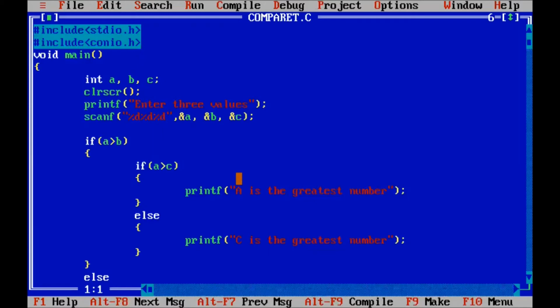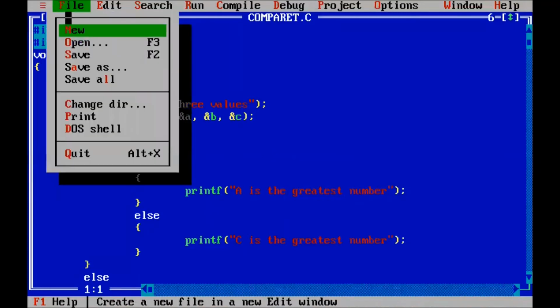This is nested if else. We move to the program for arithmetic operations. So we open a new file.